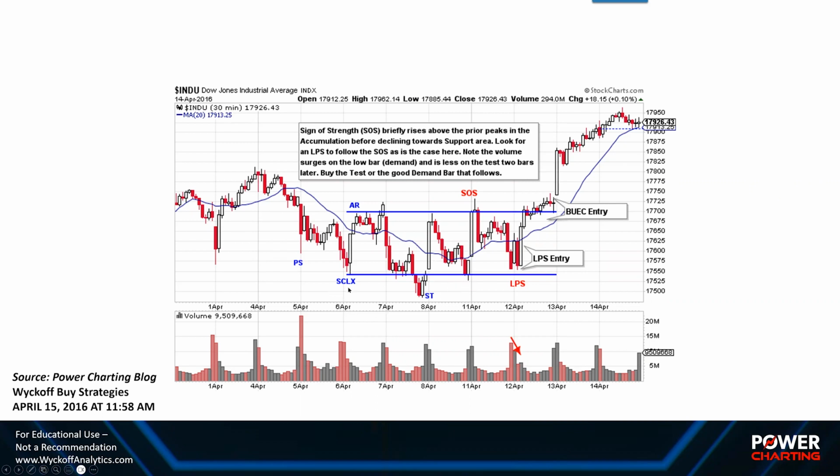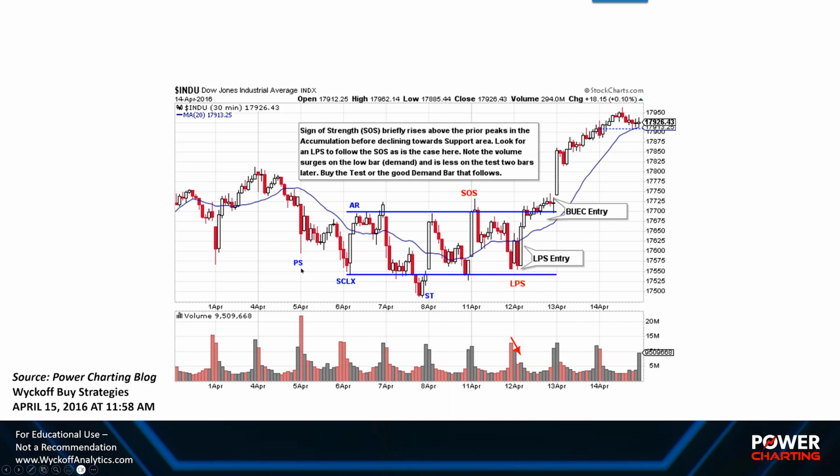You can see the selling climax with volume, automatic rally. This rally is much better than the previous. Resistance is formed, support is formed. This becomes the range-bound structure that occurs. This is only over the course of a few days.